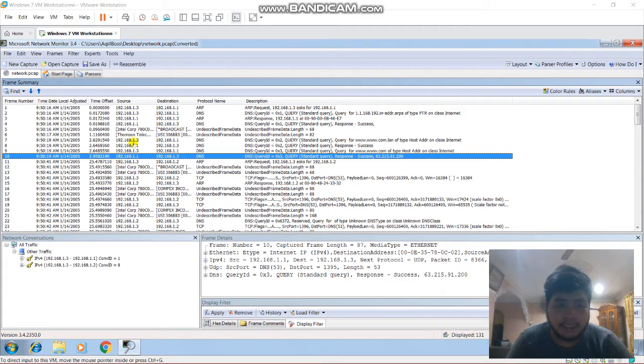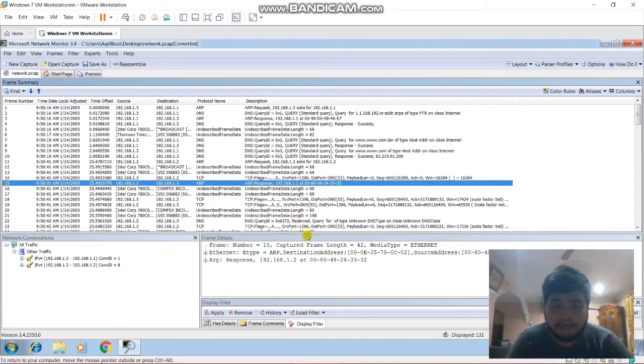So let's take a look at this. Let's choose this one. Okay, this is the information that we can get. The port that is captured is 42. The destination, which is the host address, is 000E5578 0C02.